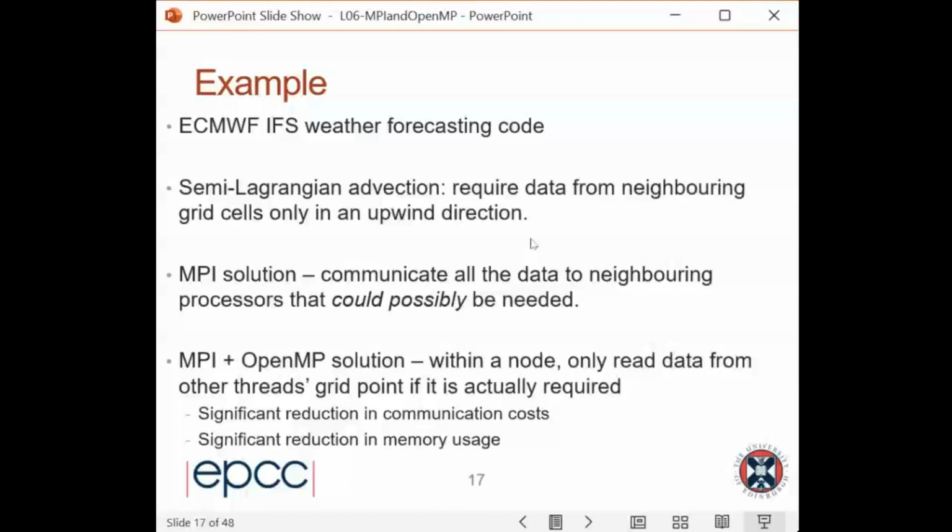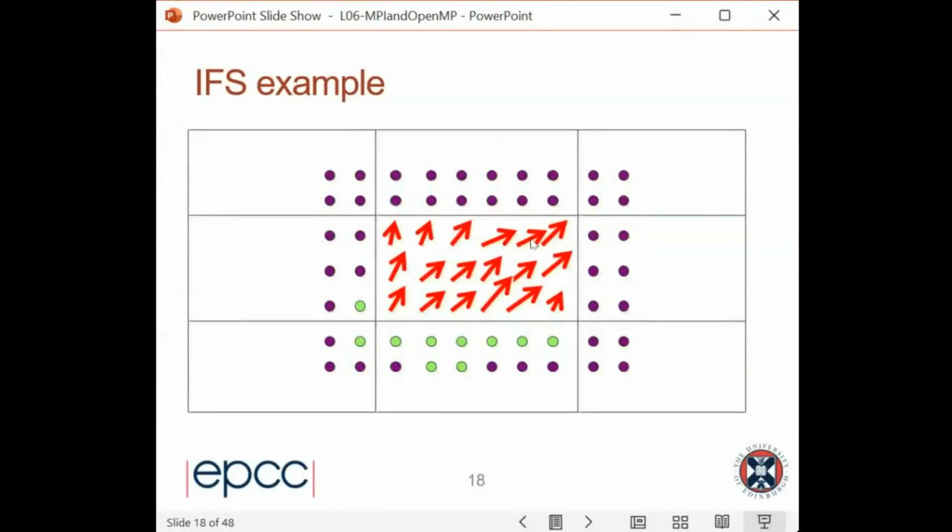It's very, very difficult to efficiently do data transfers, or to do message passing, depending on what the data is. What they used is a hybrid MPI+OpenMP approach, which has a significant reduction in communication and a significant reduction in memory. So they have a situation where, if this is their decomposition,